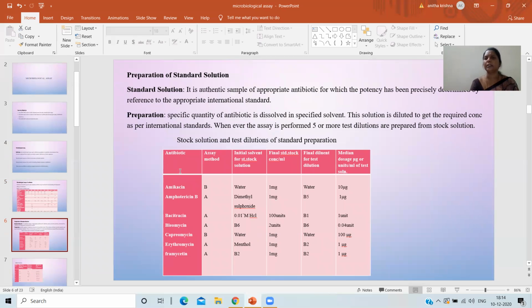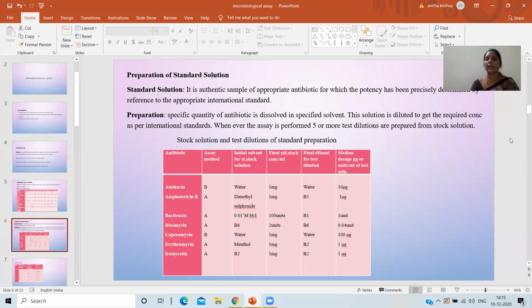Now, talking about the preparation of standard solution. In order to perform the assay, you need a standard solution, a test solution, a procedure, an inoculum and then a test procedure. So what is a standard solution? The name itself says it is standard. It has an authentic value. It is nothing but an authentic sample of the appropriate antibiotic for which the potency has already been determined,